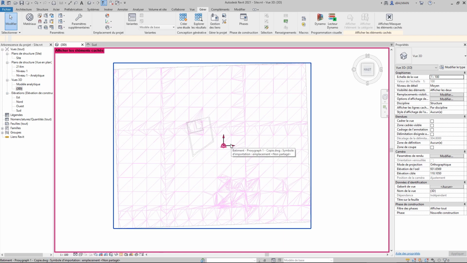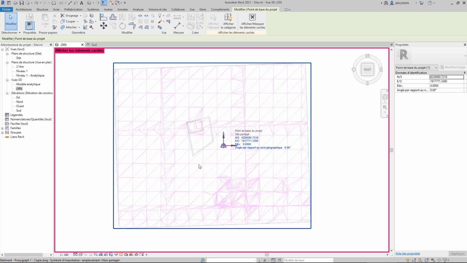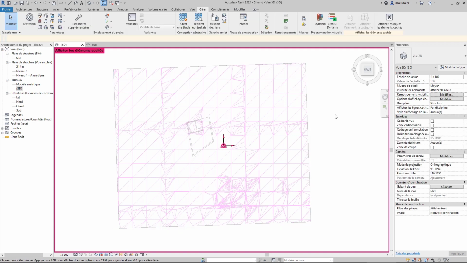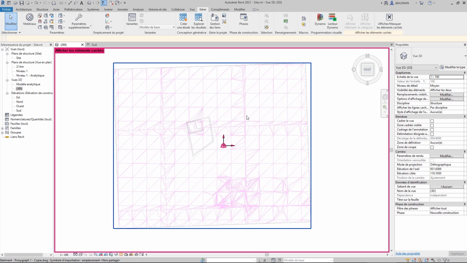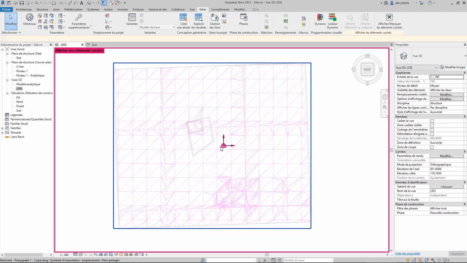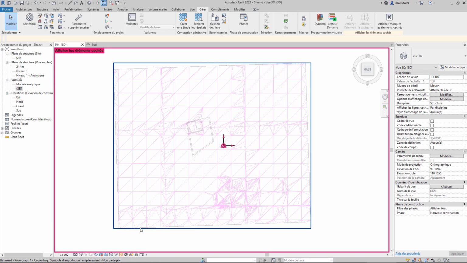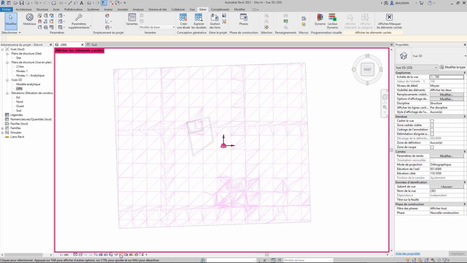You see, because this DWG has been treated with Civil 3D, they are all in the center of the environment. It's really important that all are in the center of the environment, because when you will have 2000 walls and beams, it can be slow if it's not in the middle of the environment.